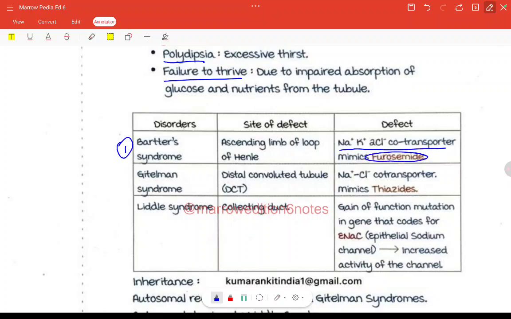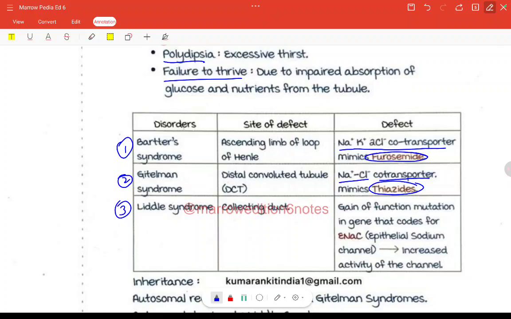Then comes Gitelman syndrome. There is a defect in the distal convoluted tubule; the site of defect is the DCT and the defect is in the sodium chloride co-transporter, and it mimics the thiazides. Gitelman syndrome mimics the thiazides, and in Liddle syndrome there is a defect in the collecting duct and a gain